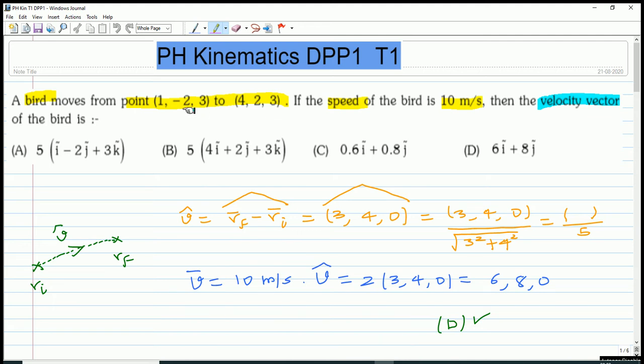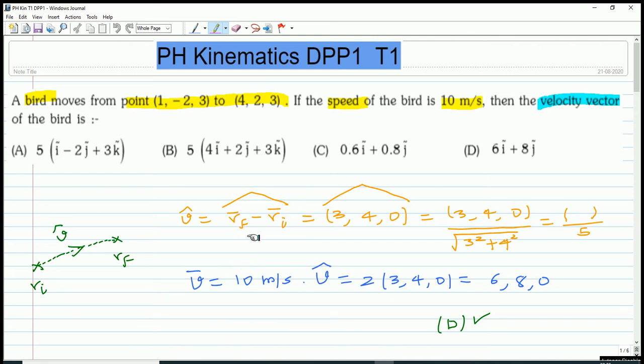and is moving from an initial point to a final point. Let us say the initial point is Ri and it is moving to the final point Rf. So the direction of the velocity vector v cap is the same as the direction of Rf minus Ri, the displacement vector. So v cap is the displacement vector Rf minus Ri, and we have to cap it. The capping operation of a vector gets the direction of the vector.